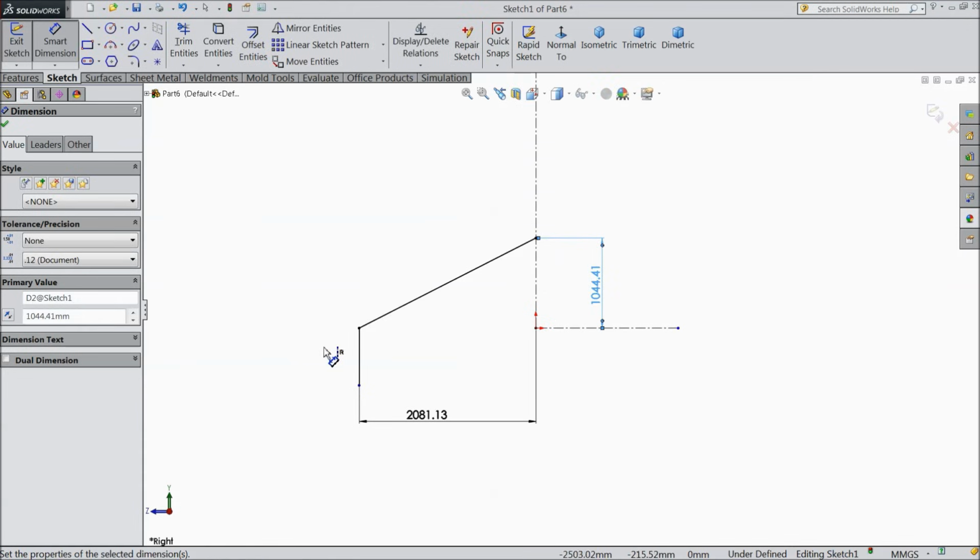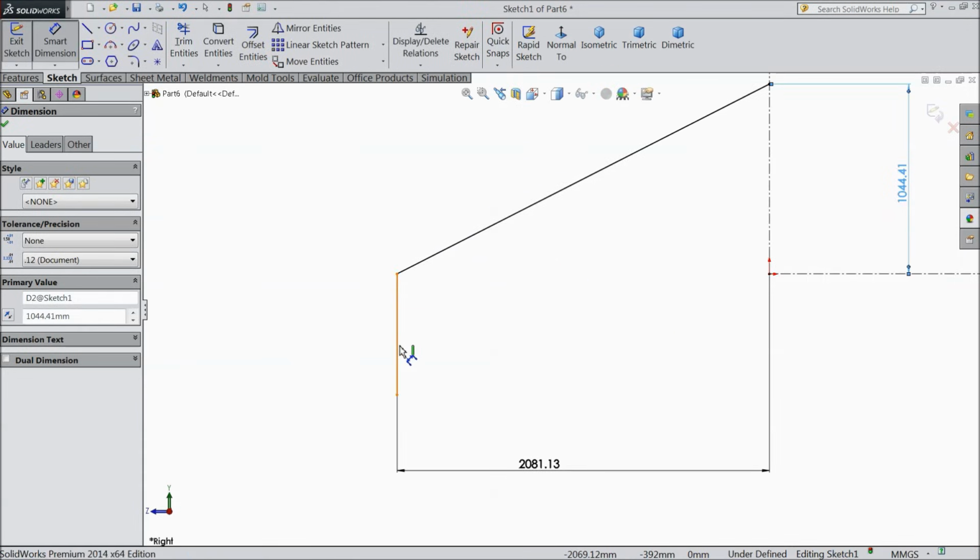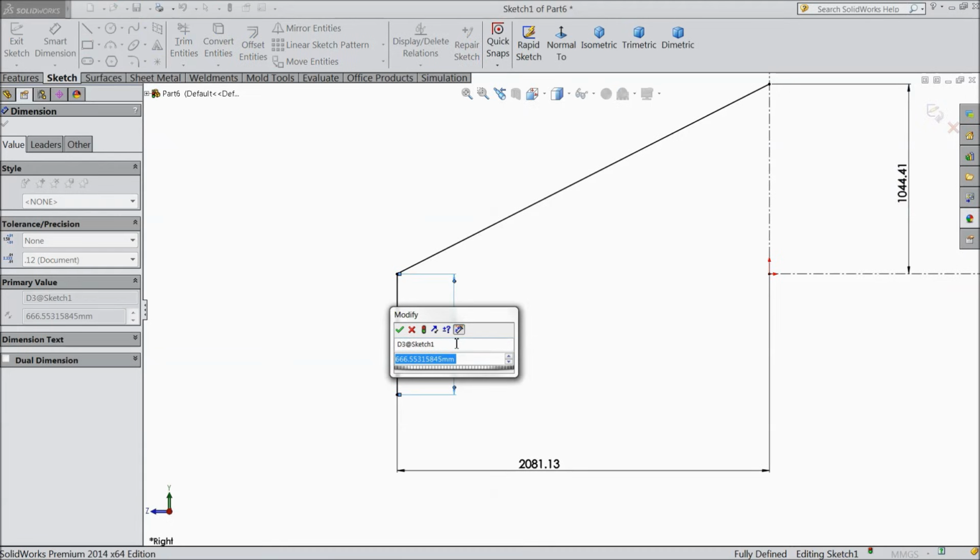That's it. And this vertical length also 744.115.